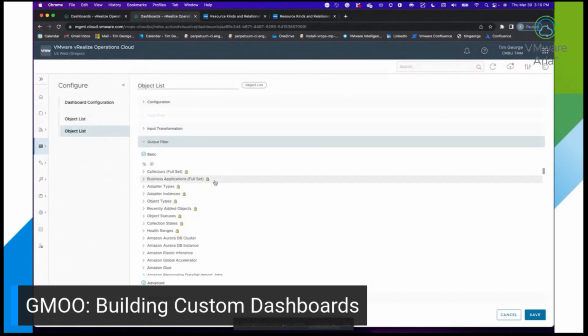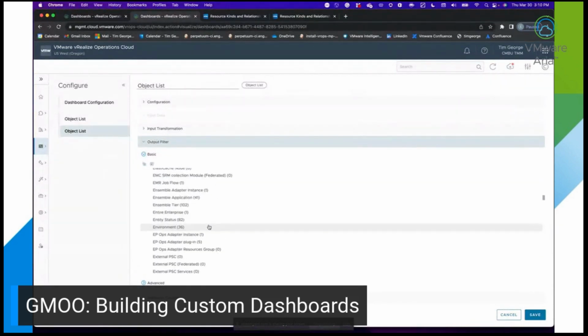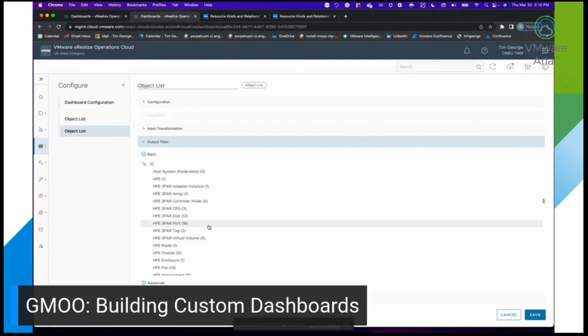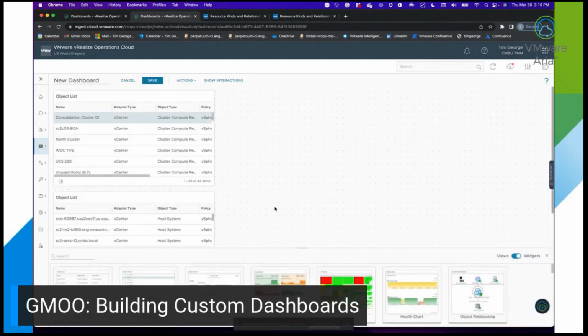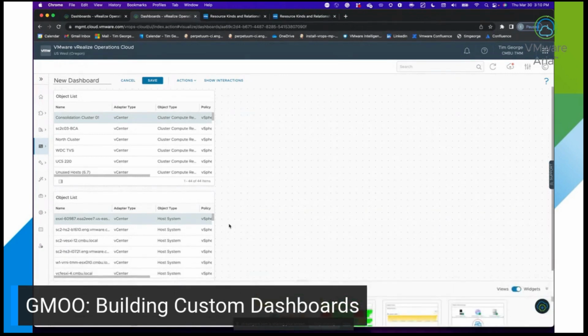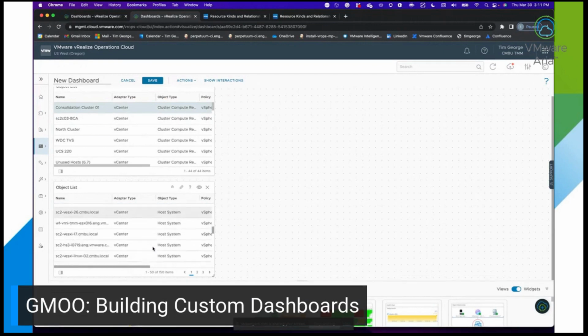And we're going to go to output filter just like we did before. We're going to pick on object types as soon as it opens up for us. And we're going to find host system here. Scroll down to the H's. There we go, host system. All right, so now I've told this object list that I want all of the hosts, but right now it's bringing in literally all of the hosts. So we can see we've got 150 hosts pulled in,